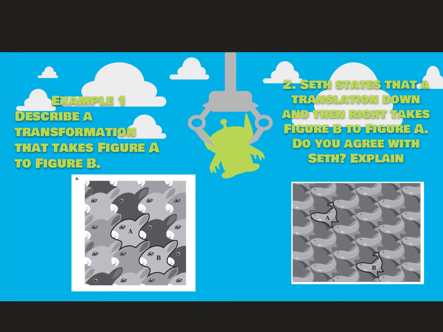All right, so the first thing we're going to look at is this nice little picture of some bunnies. Here we can see that we have A, we have B. It tells us in the example, describe a transformation that takes figure A to figure B. That's the one thing you have to pay attention to, which direction it is going. So starting with figure A to get to figure B, there are a couple options that we could do. We could go right one